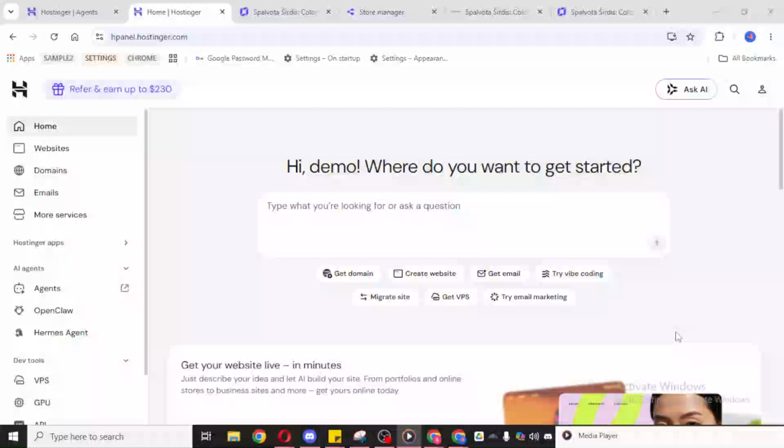In today's video, I'm going to teach you how to connect Google Tag Manager on Hostinger Website Builder. If you want to track user activity, manage marketing tags more efficiently, or prepare your website for tools like Google Analytics and ad platforms, connecting Google Tag Manager is a very useful step. The good news is that Hostinger Website Builder makes this process quite simple, and in this tutorial I'll walk you through it clearly so you can follow along without confusion.